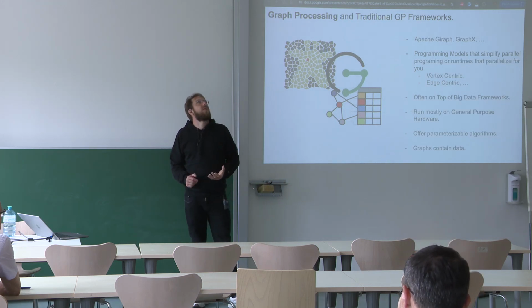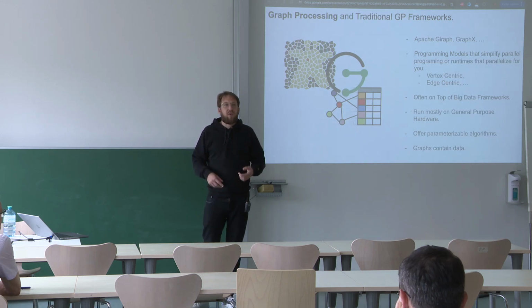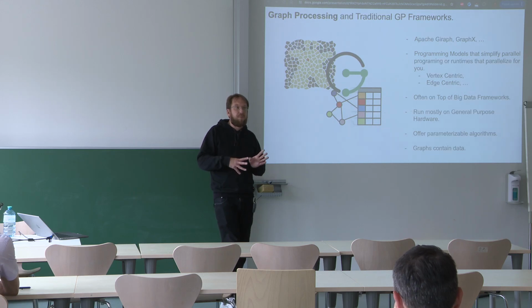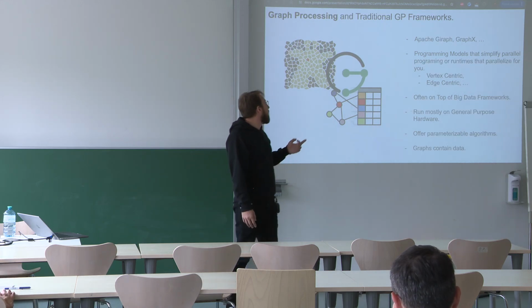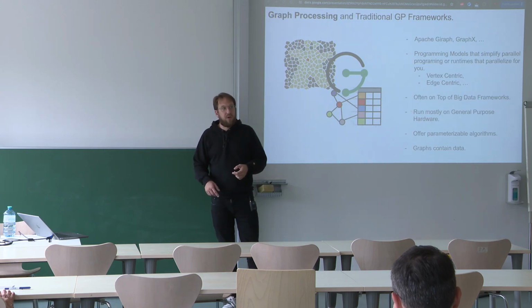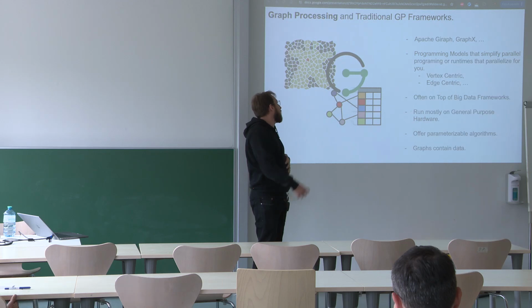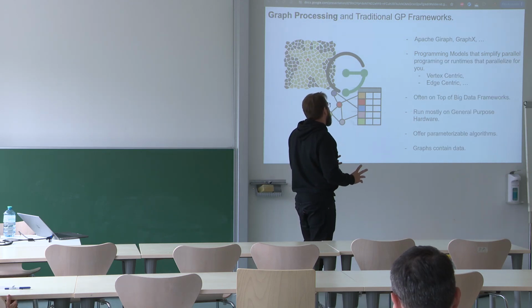there are programming models that actually help you to parallelize, something like vertex-centric programming. Are you guys familiar with that? So it's practically describing a program from the viewpoint of a vertex, and the parallelization of that program is taken over by the runtime. So there are more of these programming models like edge-centric programming, and you have supersteps in which you evaluate and then come to the next step to work from the viewpoint of the next vertex again. But the parallelization is actually taken over by these frameworks.